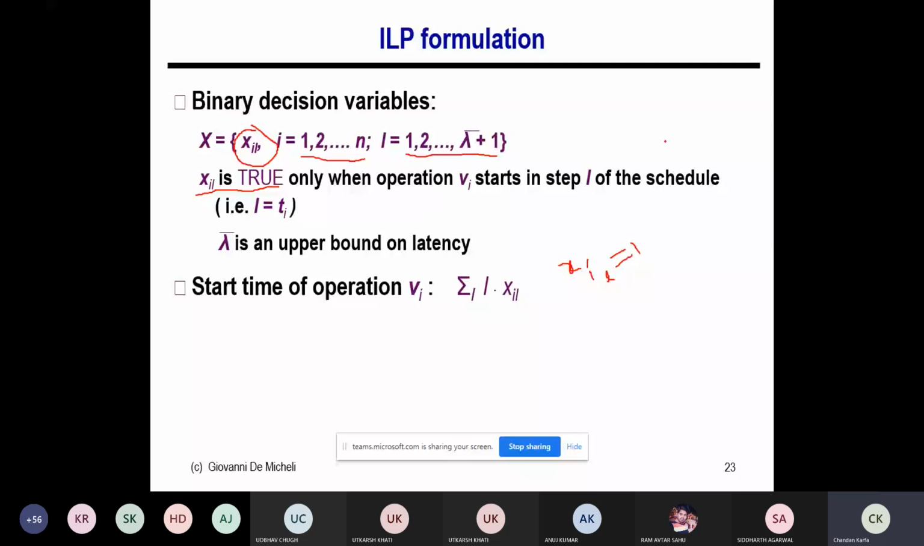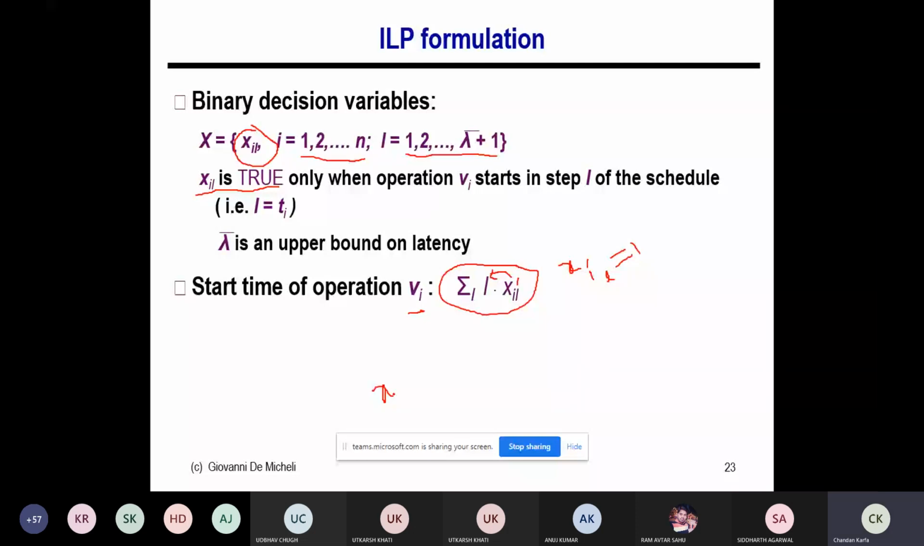That is given by this expression, which is something you should understand. So x_il is 1 if operation v_i starts at time step l. If I multiply that x_il with l, then in the time step l where this operation is going to start, this will be 1. And if I multiply this with l, I'll get the value of l, or the timestamp where this particular operation will be executed. As I declared in the last class also, x_11